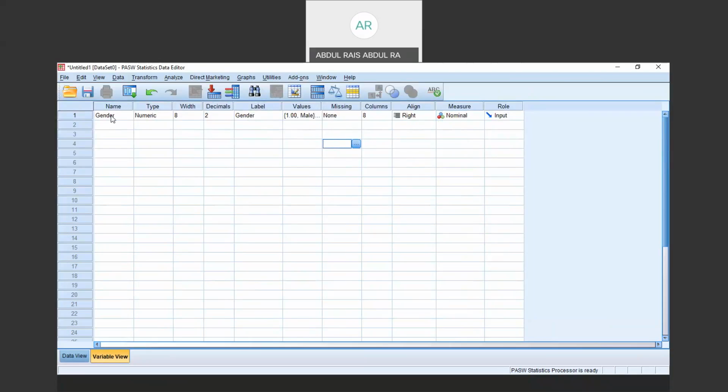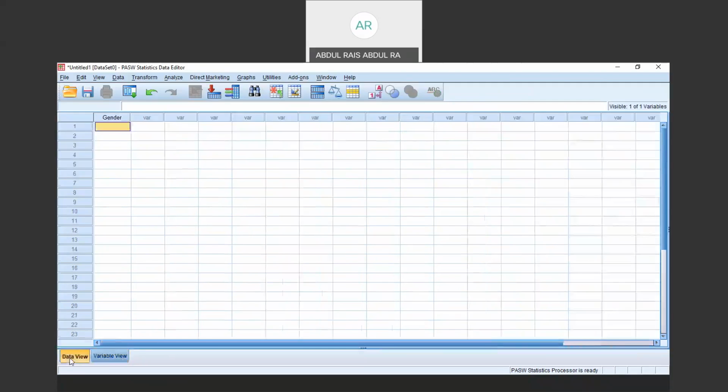Once you've labeled the variable, we go to data view. This is, let's say, your first respondent. So you put number 1, then enter female, 2, female, and etc. But we are not going to do that today because we have already collected the data